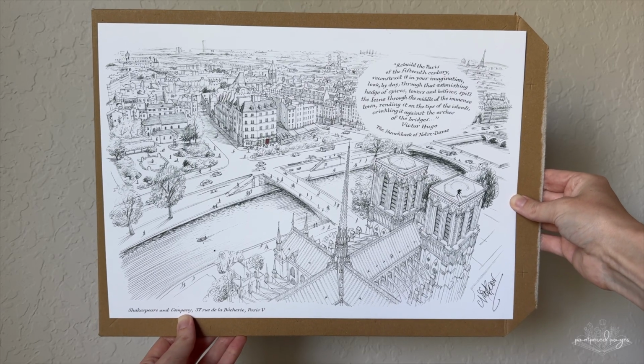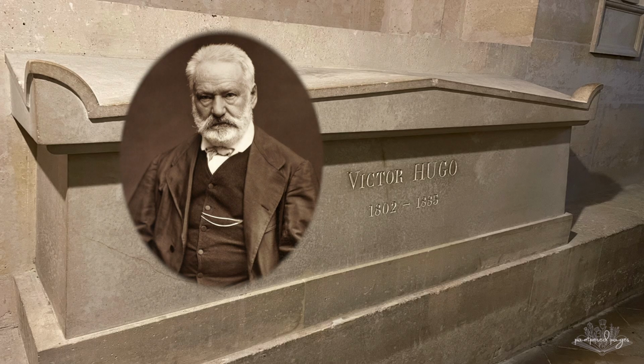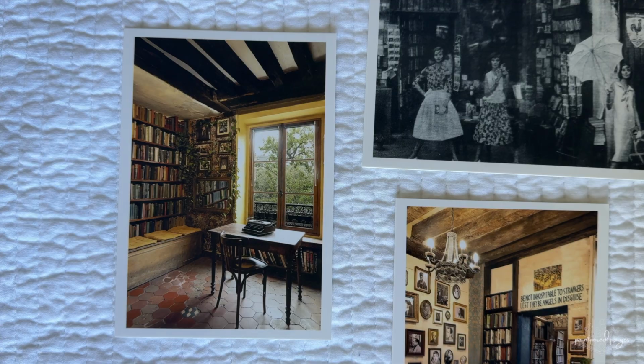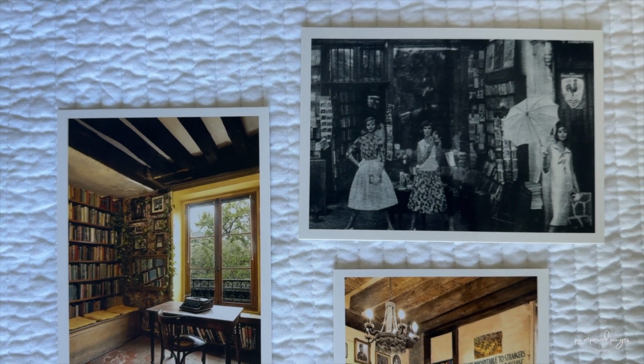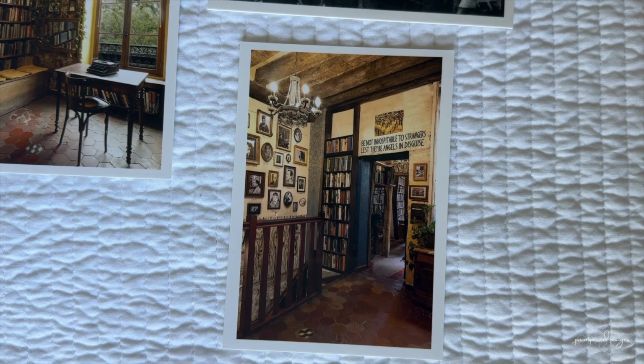Starting with bookish merch, we picked up this signed print of the cover illustration from Victor Hugo's The Hunchback of Notre Dame. Interesting fact, Victor Hugo's sarcophagus can be found in the crypt at the Pantheon, which I visited during my first time in Paris. Keeping on a similar trend, I also picked up these 3 postcards. I love each of these for different reasons, and my plan is to eventually make and incorporate these within a